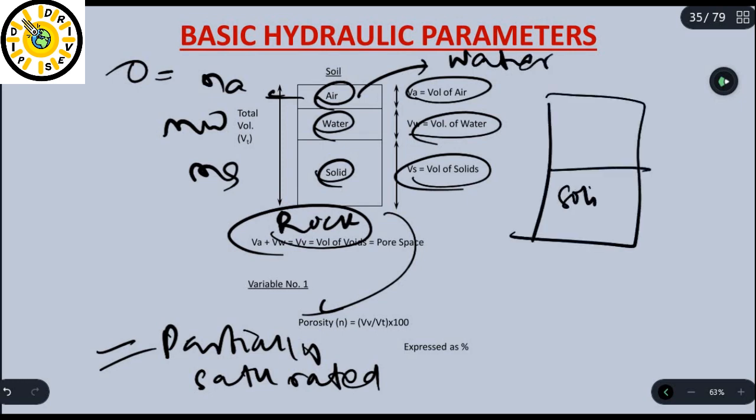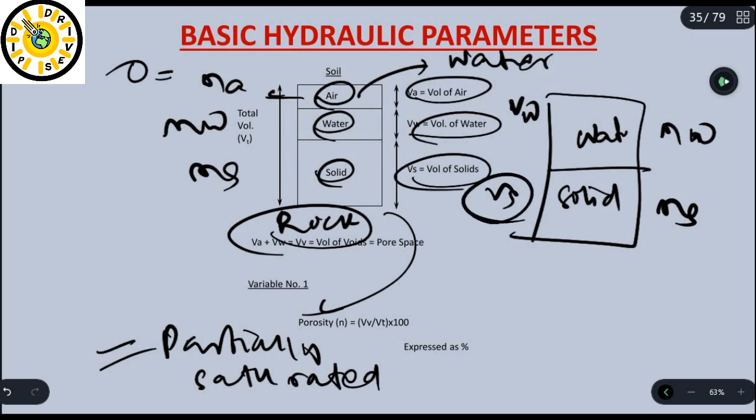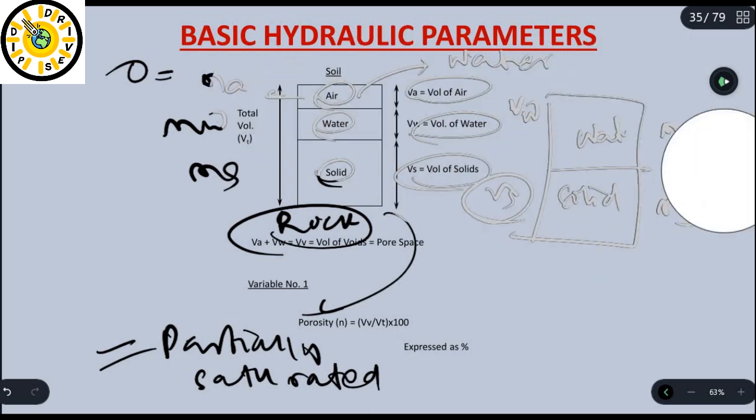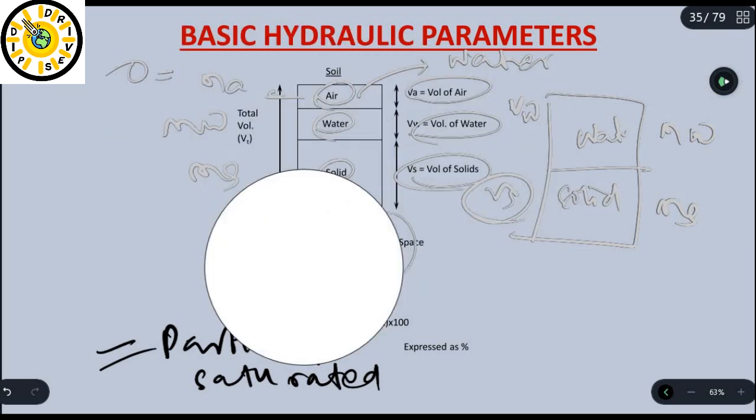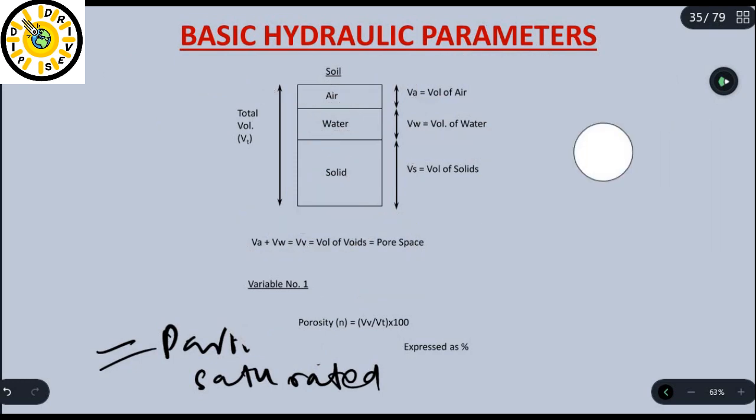तो सिर्फ सॉलिड और आपके पास रहेगा वाटर. So there will be the only mass of water Mw and mass of solid present होगा, और volume of water present होगा, volume of solid present होगा, ठीक है। Why I am saying like this, क्यों वहां पे mention क्यों नहीं है, क्योंकि देखो calculate करते हैं, ठीक है।